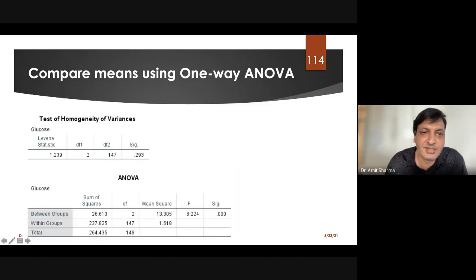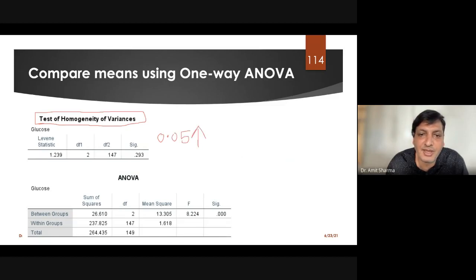The third table is the test for homogeneity. What it is representing is that this table is going to show you whether you were eligible for the test or not. As I have discussed with you, in statistics we have three different tests in which we see a p-value more than 0.05 as the standard. The first test was the test for normal distribution. The second test was Levene's test. And this is the third and last test in statistics in which we take a p-value of more than 0.05.